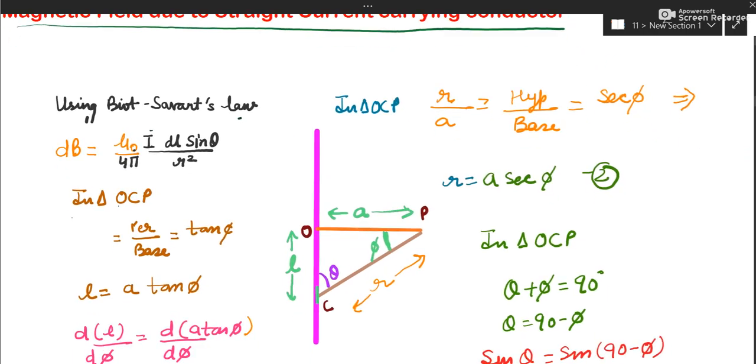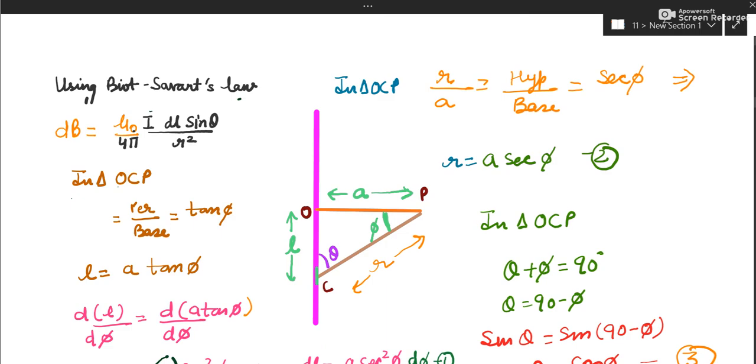So we'll begin with the diagram. You can see this purple one is your diagram. You can label it as XY. This is your straight wire which is carrying current I, which you can also label. I have selected this small piece of current element which is dl. Now dl is located L away from point O, and O is perpendicular to point P, and P is the point where we need to find the magnetic field, and the distance of point P from this current element is R. Theta is shown here as per Biot-Savart, and this angle is phi. This is the only new term, and this is my perpendicular distance A.